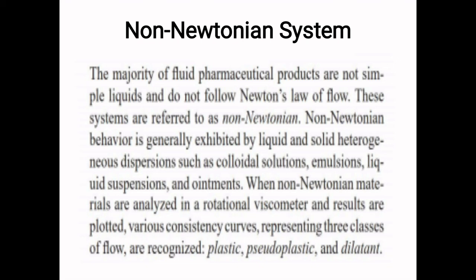There are two type of liquid system which we mainly study or discuss in the pharmaceutical field. One liquid is homogeneous and another is heterogeneous system. Homogeneous system are those which mainly follow the Newtonian system or which mainly follow the Newton law of motion. But there are many examples of other liquid also which does not follow Newton's law of motion, and that system are mainly heterogeneous system. Heterogeneous system means what?